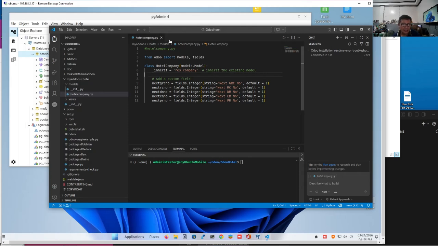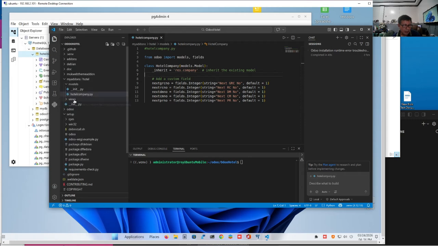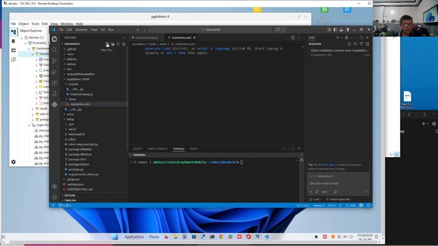Okay, so we now have our first model, and we have the necessary init.py. Now let's have the required view. So under views, we will create a menu, at least, no? We'll call it main menu.xml. Okay. I already have created a menu. I'm just going to copy it and explain it. Anyway, it will not be displayed because we do not have the form components yet. Okay. This is the main menu.xml.